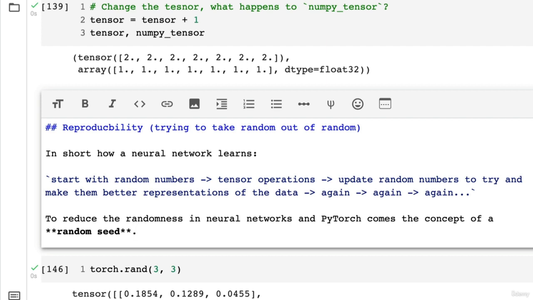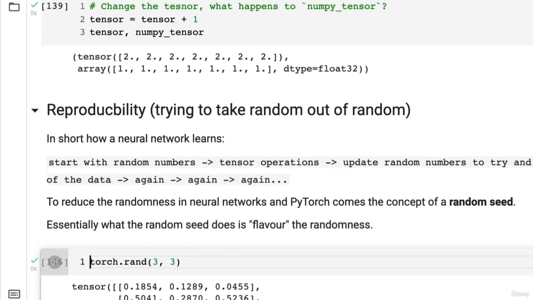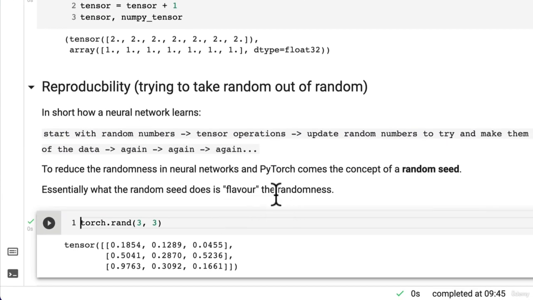So we're going to see this in action, but essentially, let's write this down. Essentially, what the random seed does is flavor the randomness. Because of how computers work, they're actually not true randomness.